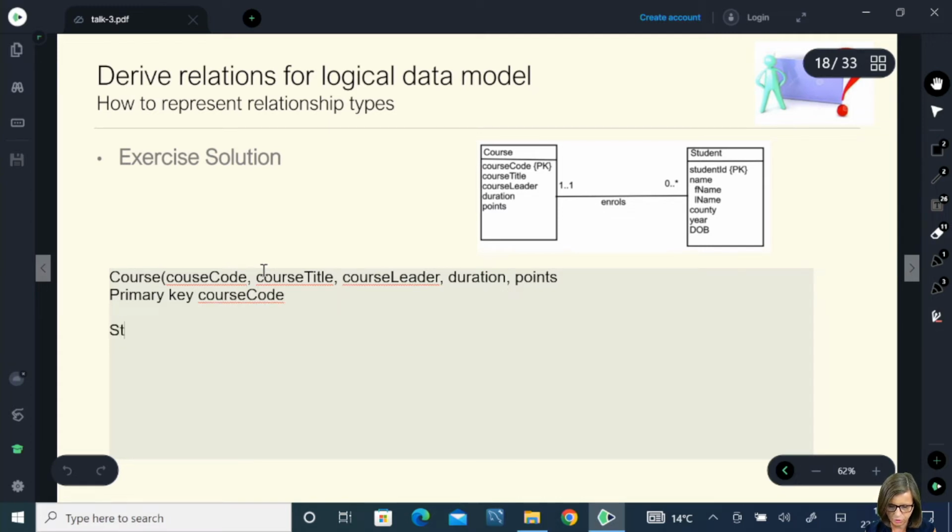Then we put down student, and into student we put student ID. Now we come to a composite attribute, name. We don't put in the composite, we only put in its constituent parts, which is first name,